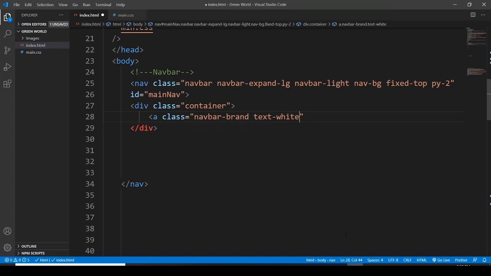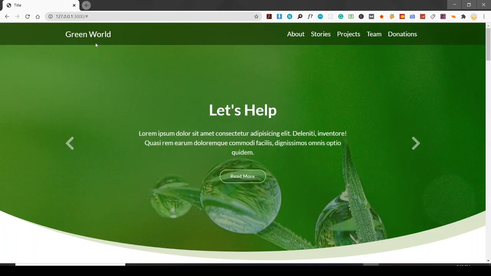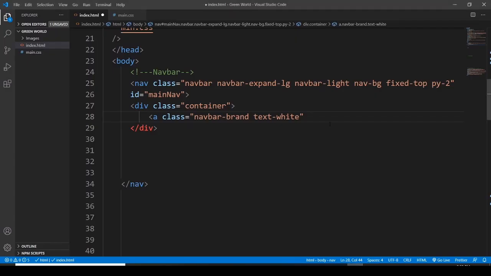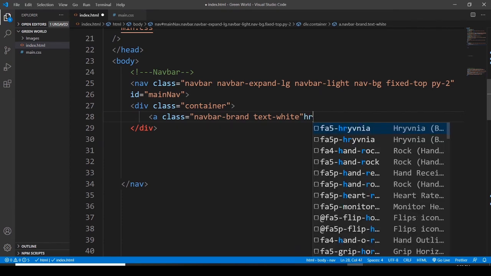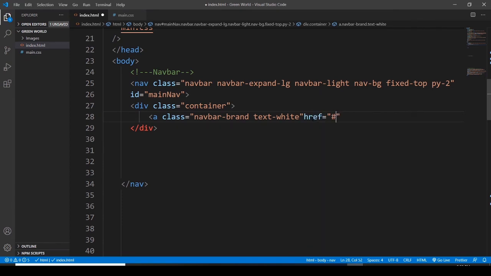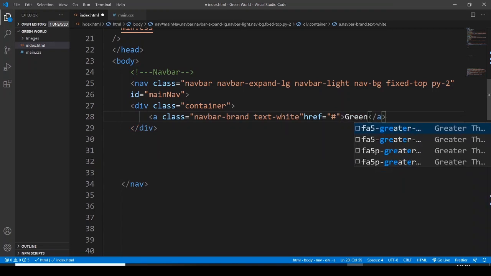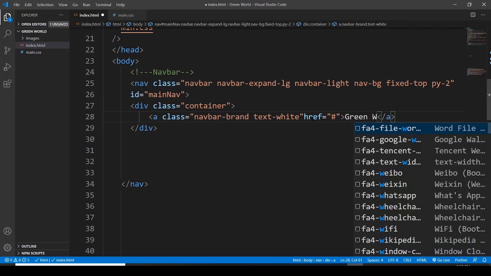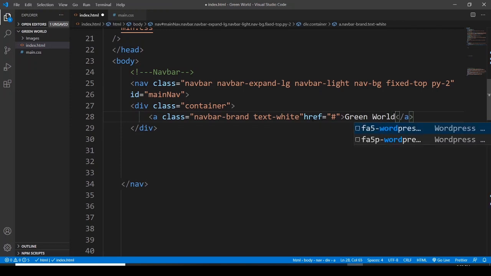Navbar-brand means the logo or the title of the web page, this Green World, and its text is white, so that's why I'm using this. And for href, I'm not going to use anything here. Green World is the web